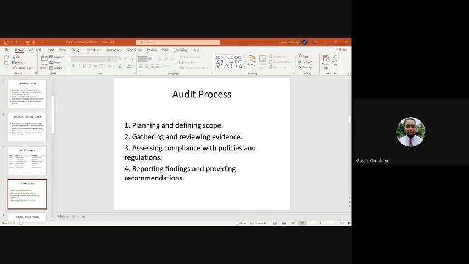So what's a risk register? This is a documented record of, one, identified risks, two, their potential impact, and three, their mitigation strategies. So it shows you the risks that have been identified. Then what impacts could this risk have on our organization? And then what strategies are we putting in place to mitigate these risks?